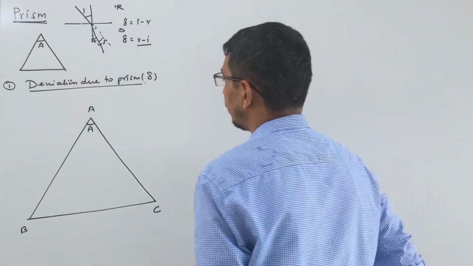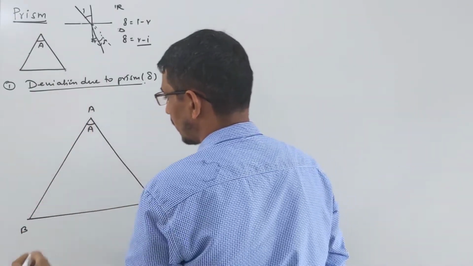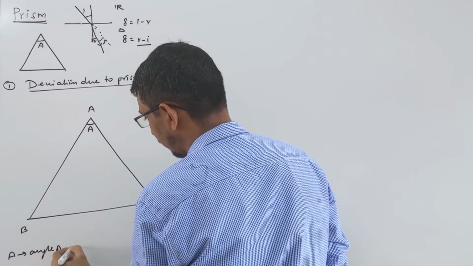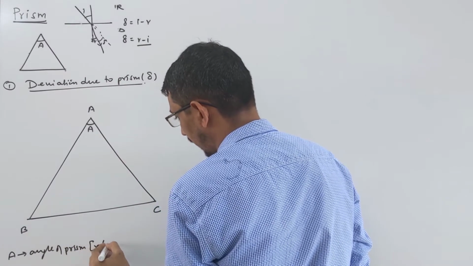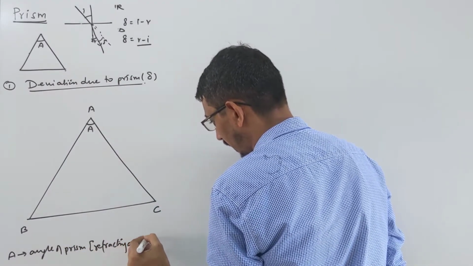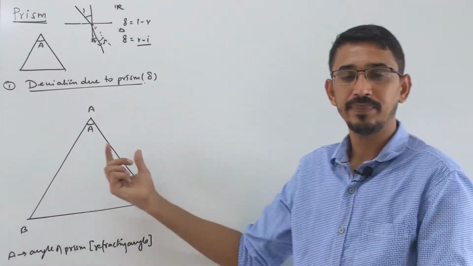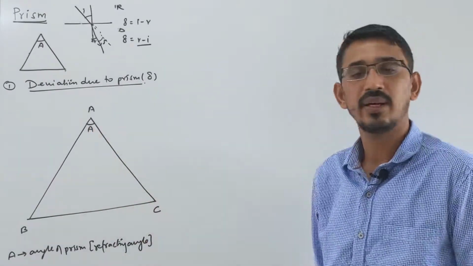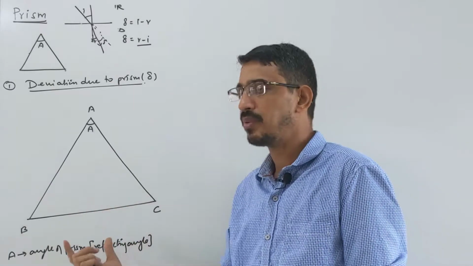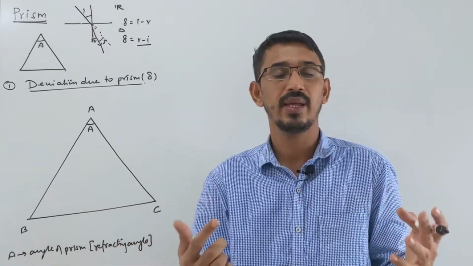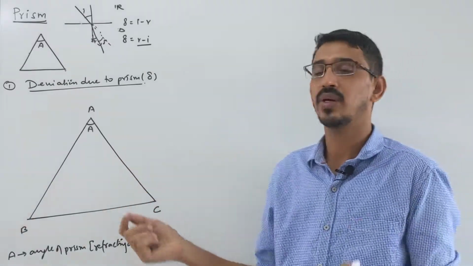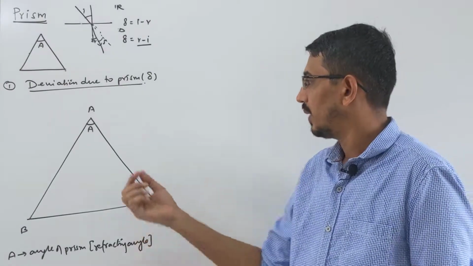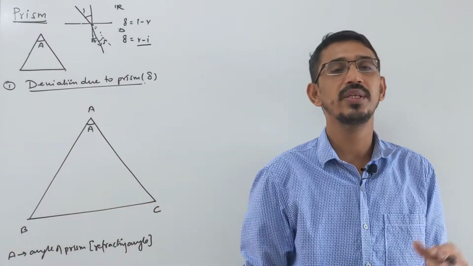This is the most important thing, called the angle of the prism, also called the refracting angle. Always, when they start any question, they will talk about this angle. Two plane sides are inclined at some angle, and that angle is called the angle of the prism. Sometimes this angle will be big, like 30, 45 or 60 degrees. Sometimes it will be very small, less than 10 degrees, like 8 or 5 degrees. When the angle is less than 10 degrees, it is called a thin prism, a simple case.